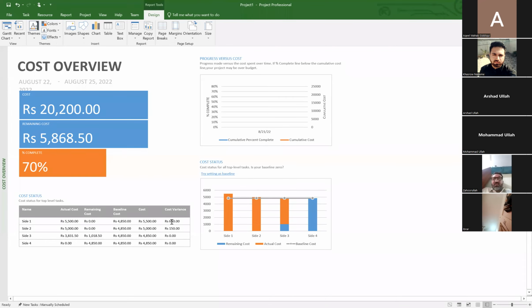साइड 1 पर इजाफा 650 रुपए लग गए, साइड 2 पे 150 रुपए इजाफा लग गए, साइड 3 क्योंकि ऑन गोइंग है तो कैलकुलेट नहीं करेगा अभी आपके लिए, और साइड 4 जो है ये मेरी आ रही है। और देखें ये ग्राफ भी बना हुआ है, आपको रिप्रेजेंट कर रहा है कि ये आपकी बेस लाइन थी, थोड़ा सा वेरियंस आपकी इधर आ रही है, यहाँ पे आपकी ज्यादा वेरियंस आई है। ओवरऑल कॉस्ट आपकी इतनी जा रही है, रिमेनिंग कॉस्ट इतनी है, आपका प्रोजेक्ट 70% कंप्लीट हुआ है।